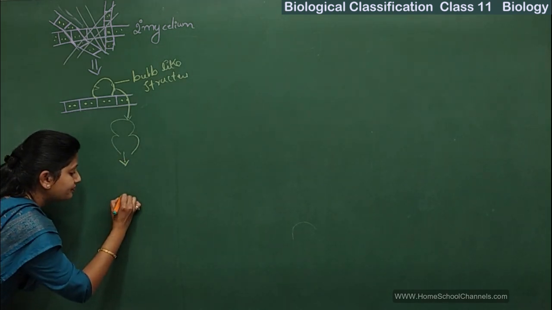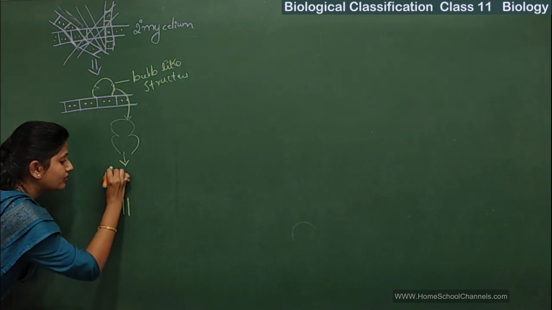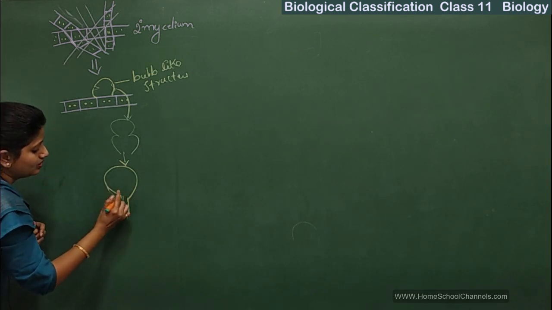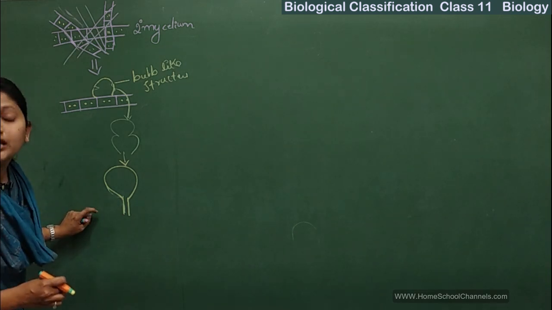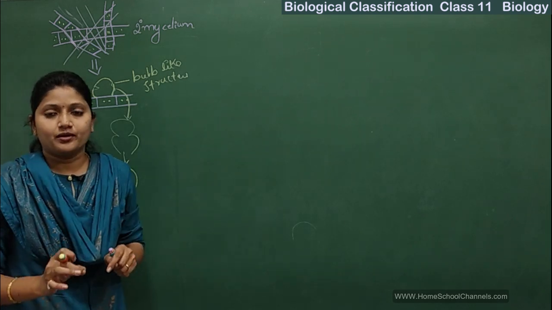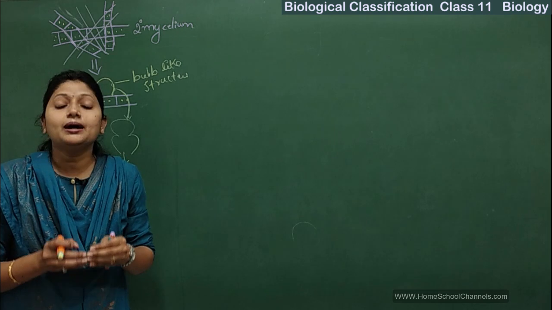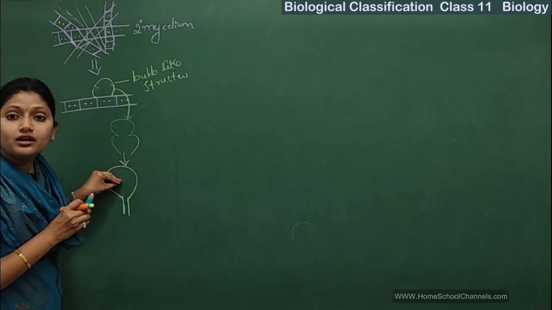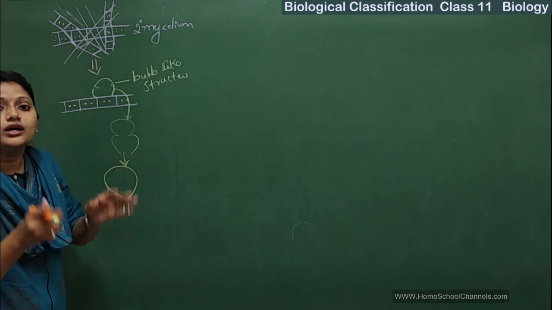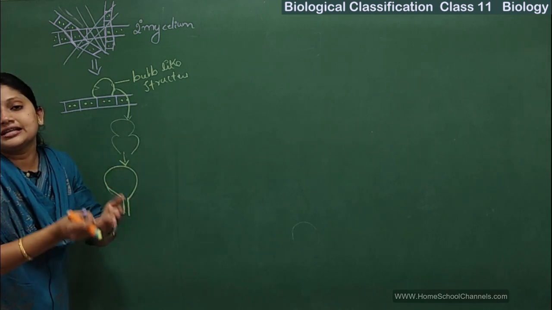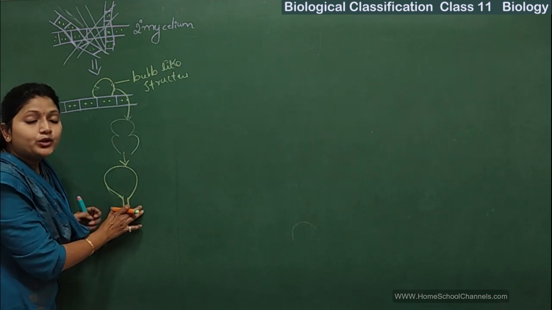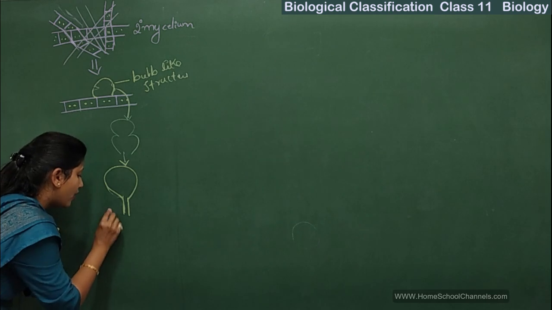This kind of fruiting body is being formed, and this fruiting body is called the basidiocarp. And how is it formed? It is formed by this bulb-like structure, which later showed a constriction, and that constriction later developed into an umbrella-like structure. It has developed into an umbrella-like fruiting body.